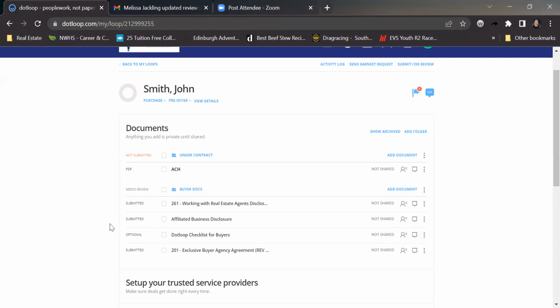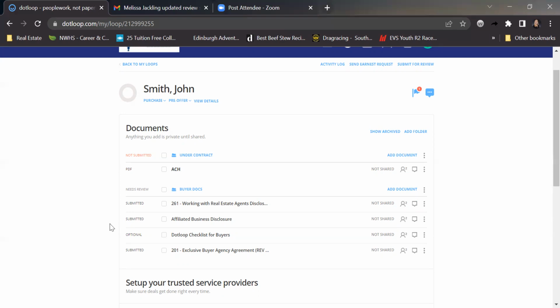You can tell it to add a document to the loop. And I will warn you that the Dotloop app looks different than the laptop version. I don't know about everybody else's phones, but my icons are not labeled on my Dotloop app. So I had a lot of trial and error of touching the different icons and then trying to remember what they were. But anyway, if you're in your loop in the app version and you have that document right there with you and you need to get it in that loop because you've got to get it sent out wherever or whatever the case may be,